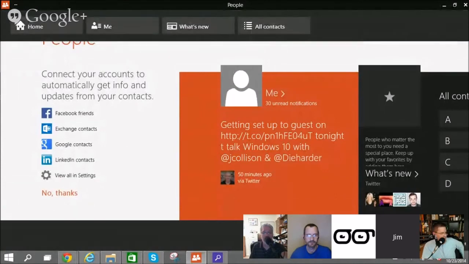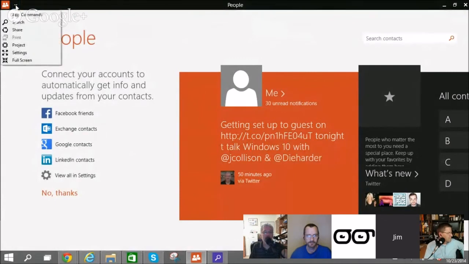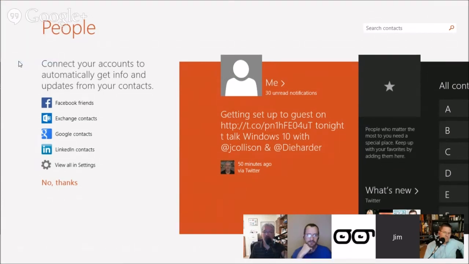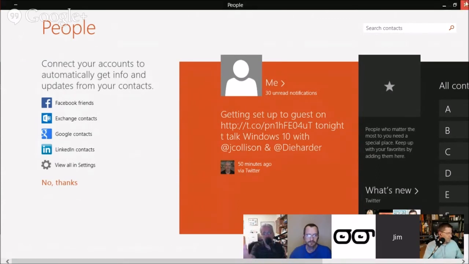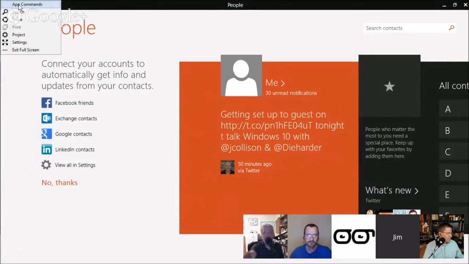All right. So there's that. Go back to the dots again. Search will bring up the search on the charms bar. Share will bring up the share charms bar. You have print. If you had a printer configured, you could project this immediately to a projection device. Settings will open up the charms bar, and then you can go full screen still. So you can actually get rid of the chrome being the navigation around it, and make it full screen once again. This is again where I think most modern apps are going to go, and eventually that charms bar on the right side is going to disappear as we know it.